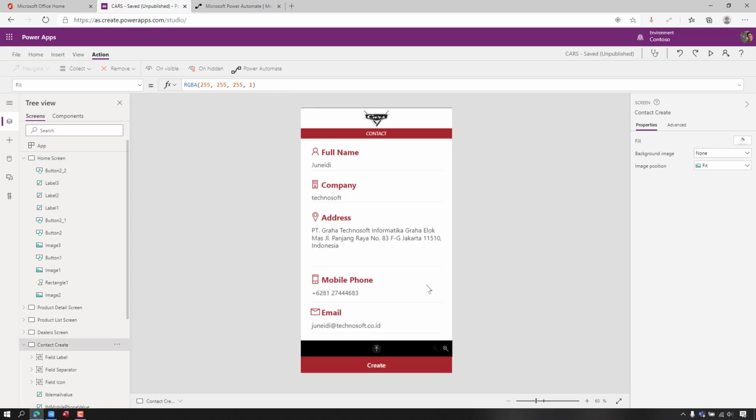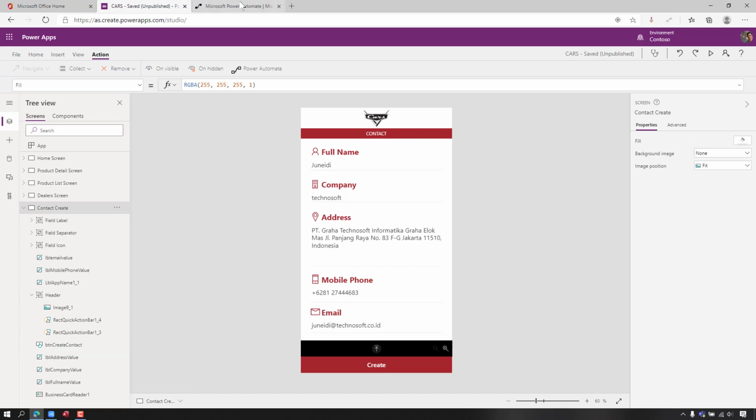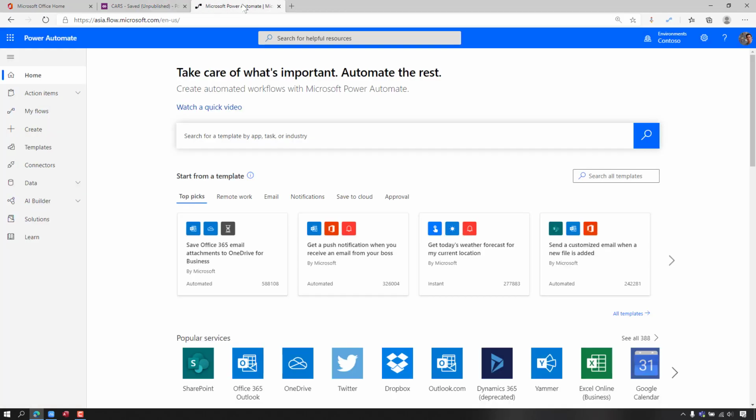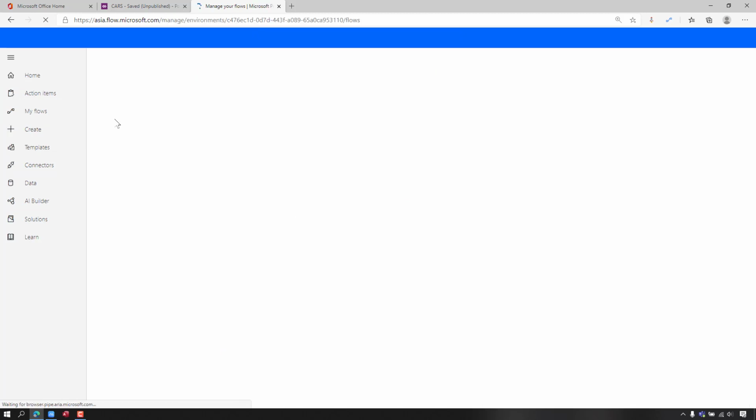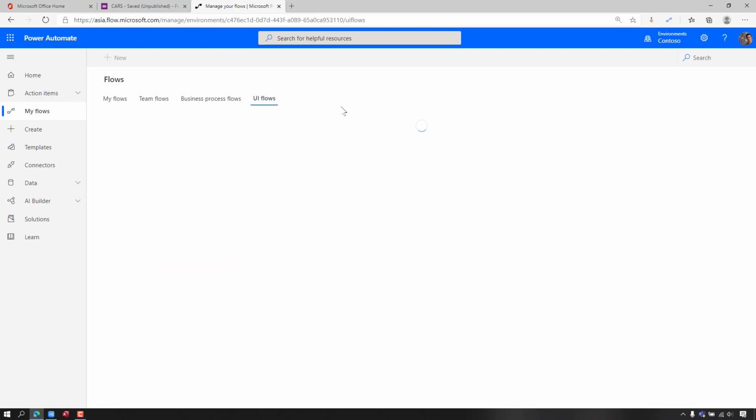In this screen, what we want to do is link the create button here to the RPA. So the first thing we need to do is create the UI flow with the RPA capability. Just navigate to my flows and then choose UI flow.